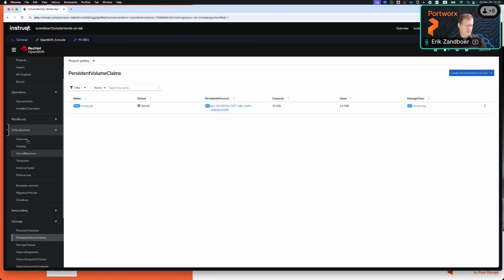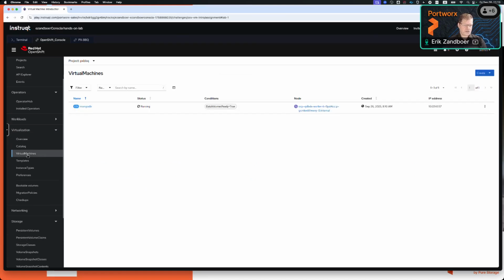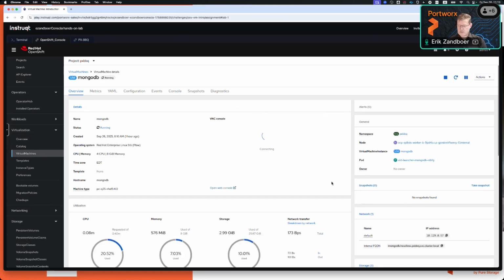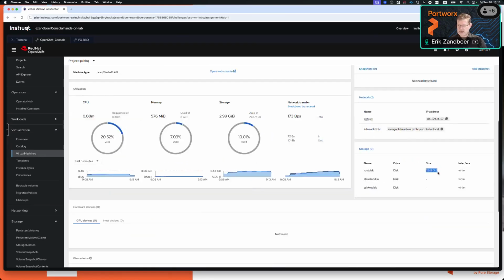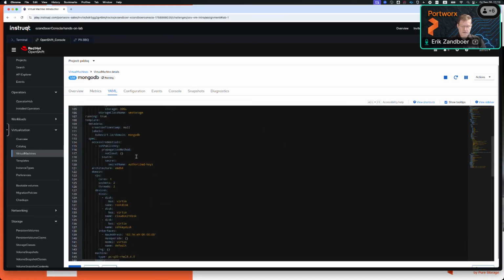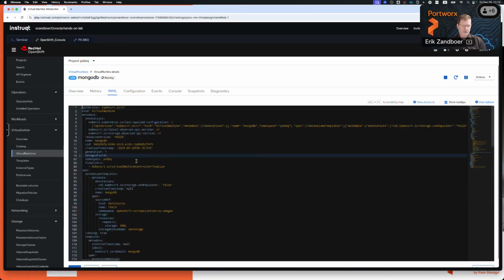And when we look at virtualization, we should see a virtual machine. Here we have the virtual machine running. And also here you should be able to see the disk size. Yeah, there's our 33 or 32.61 gig. We can see what it's doing. We can get into the console. So this is basically a fully YAML configured virtual machine. So it's all driven by YAML code. So similar to containers or VMs alike, you can just build this out and just deploy it and it will run.